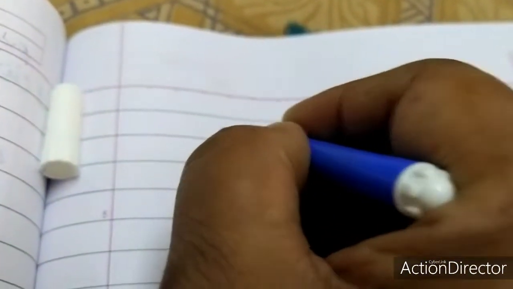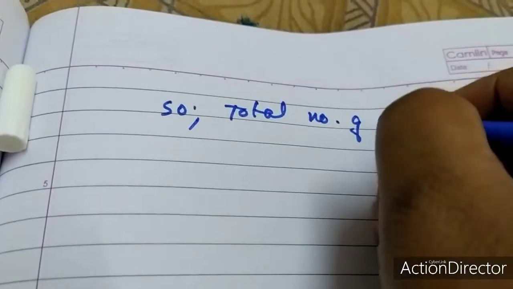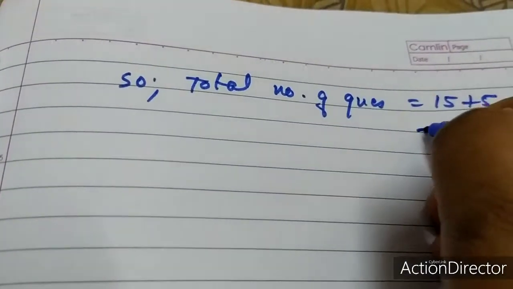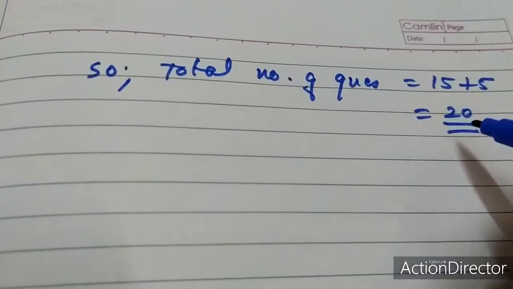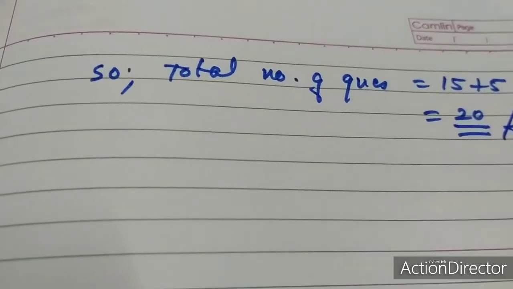So we write total number of questions is equal to 15 plus 5, that means 20। 15 करेक्ट थे और 5 इनकरेक्ट थे, पर दोनों को मिला के कितना हुआ, 20 क्वेश्चंस। So this is the final answer।